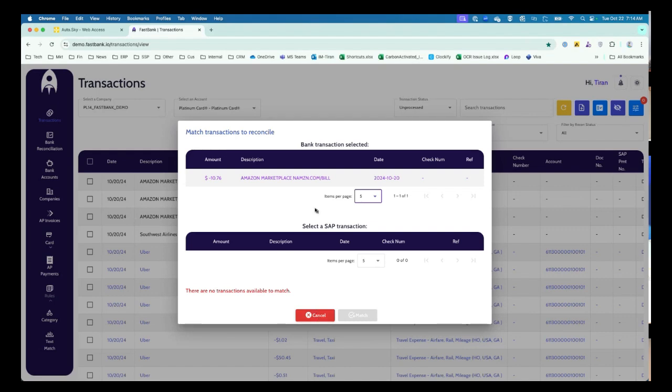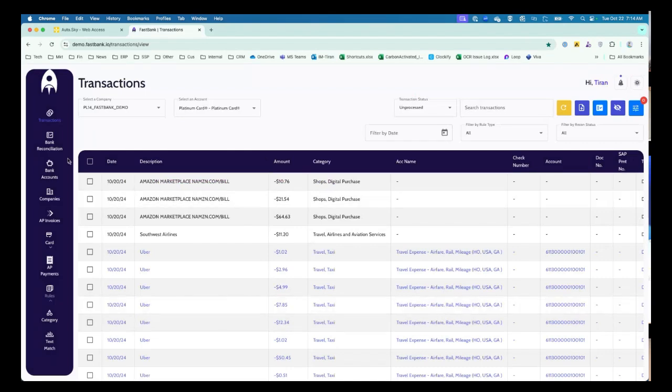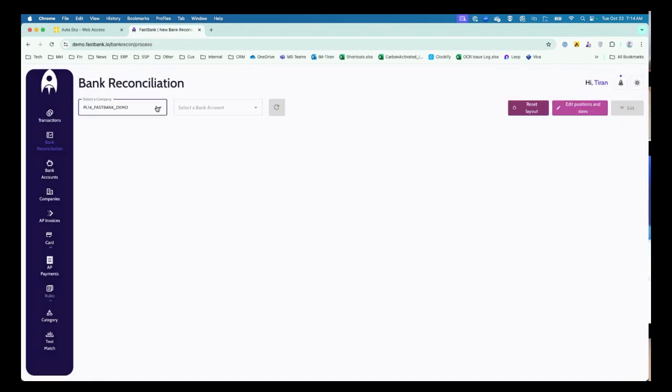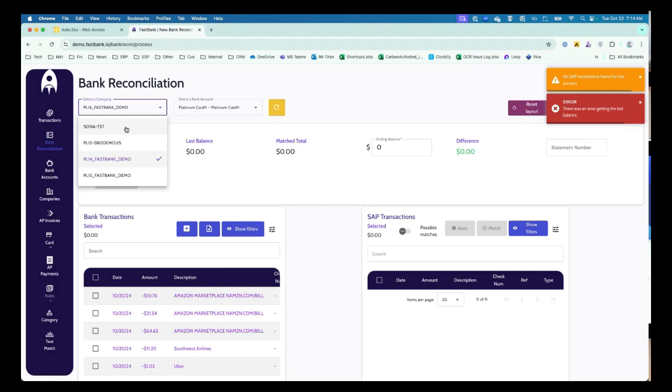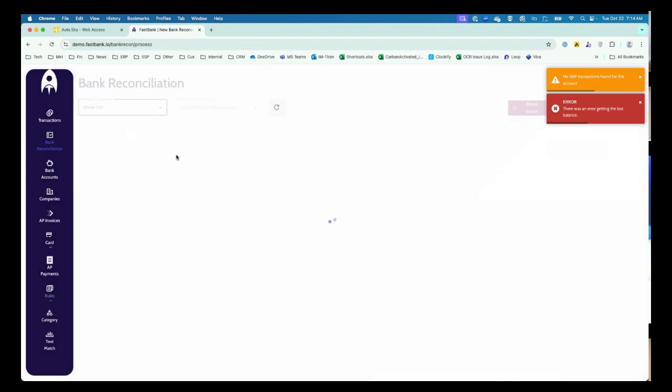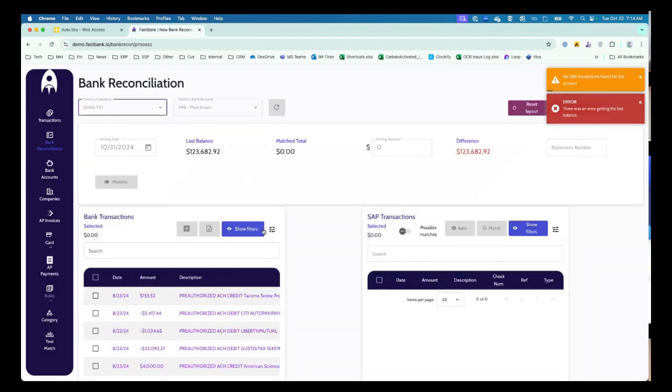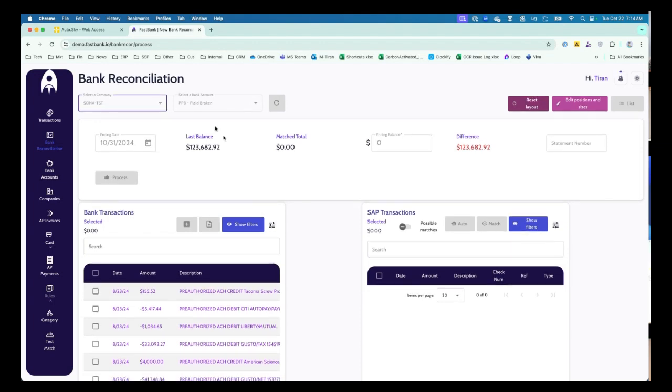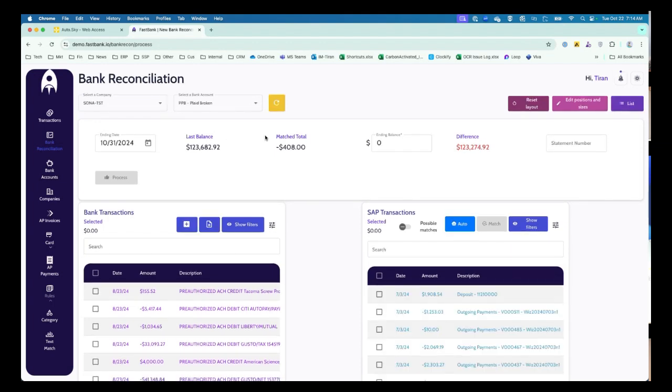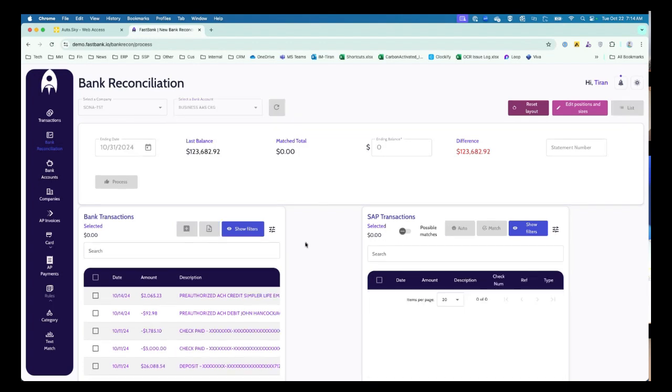So that's kind of what we have right now. I don't have anything posted, that's why it doesn't show. Now I'm going to head to the bank reconciliation. Before I do, I wanted to go into a checking account that we have. It's a credit card. Usually we don't do this. Let's see if I can refresh that account. Right, so let's go and select this particular one.